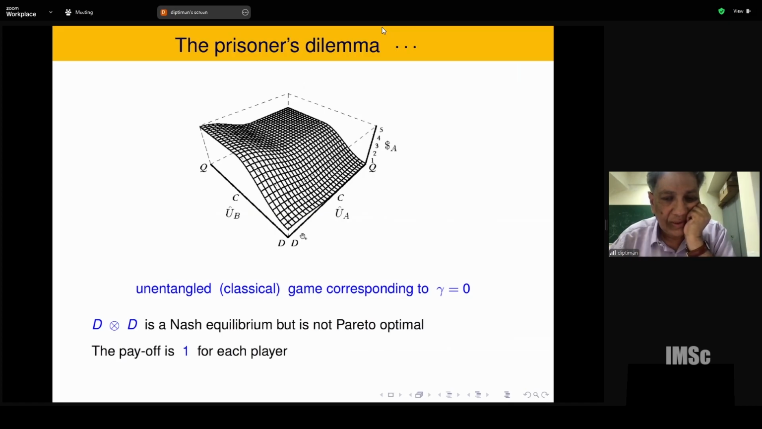Is that Q? I don't know actually. Let me see. I can't see it from this picture actually. If they both use Q, so that's somewhere in this corner. So it looks like that will also give 3, right? Probably, but I'm not 100% sure actually. This top is 5, and so 3 is somewhere here. Yes, it looks like we'll get 3 for both of them. But now when the game is entangled, then in principle it's possible to do better than the classical